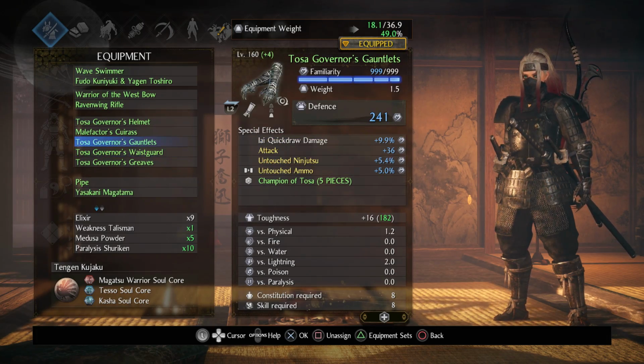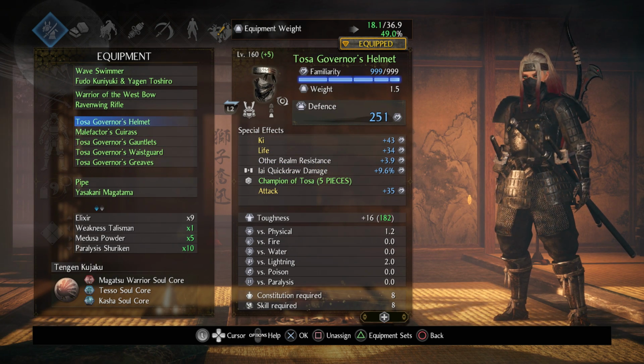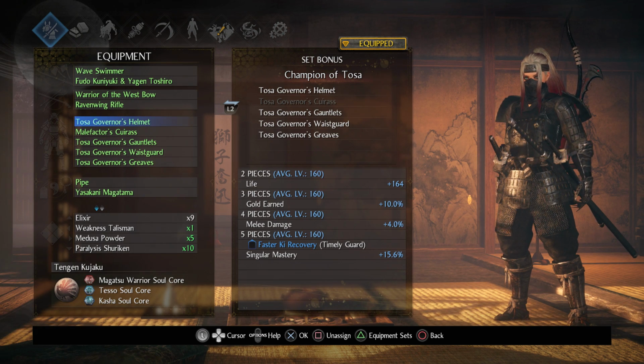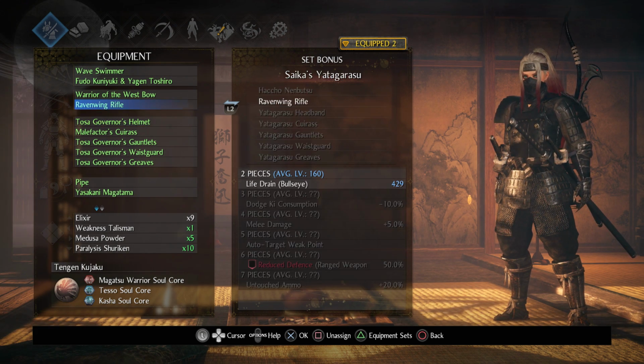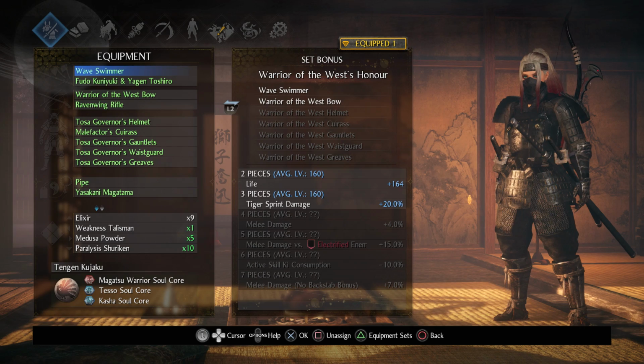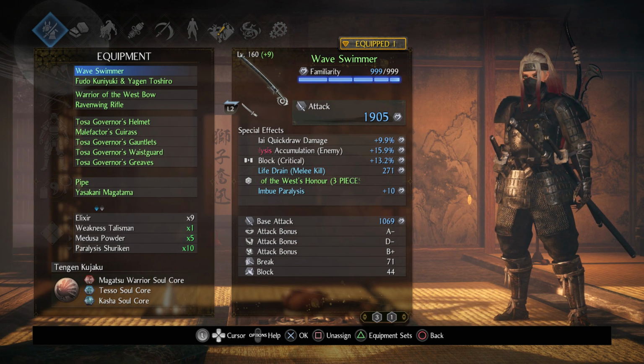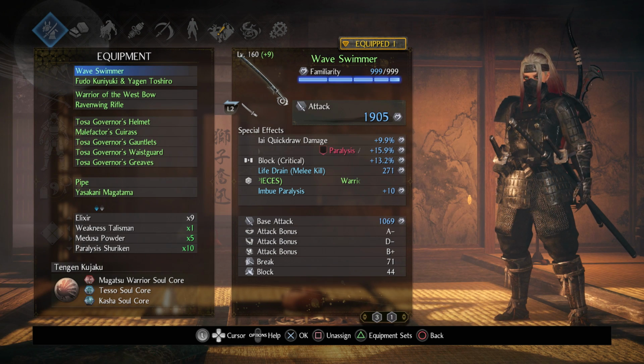So in terms of the changes then, I've replaced the 3-piece Kingos with 4 pieces of Tosa, as the direct boost to skill damage from the 5-piece bonus is slightly more consistent than the backstab damage bonus. I've also changed the main katana to Wave Swimmer, for the Warrior of the West 3-piece bonus to Tiger Sprint damage, which isn't essential, you don't need that, it's just something that I use if I ever play a multiplayer with this build, as Tiger Sprint is a skill I use a lot when running through the mission before getting